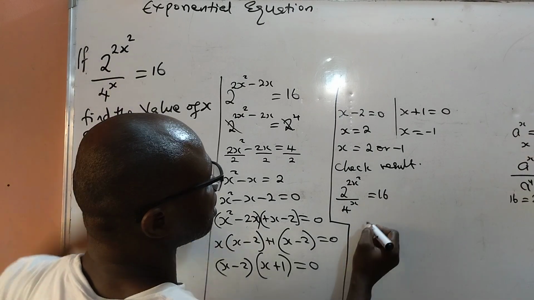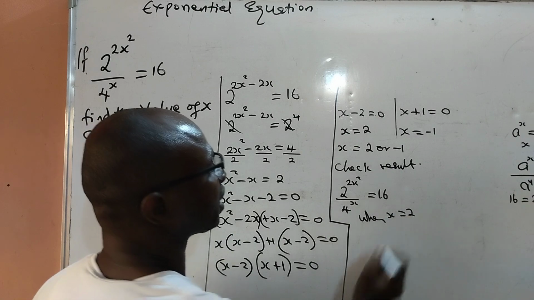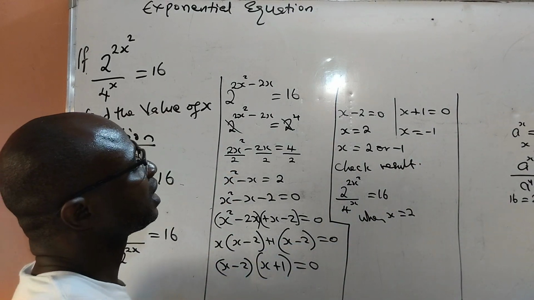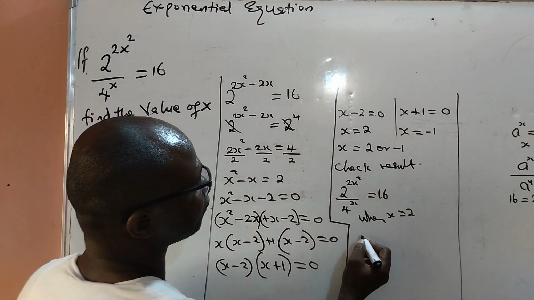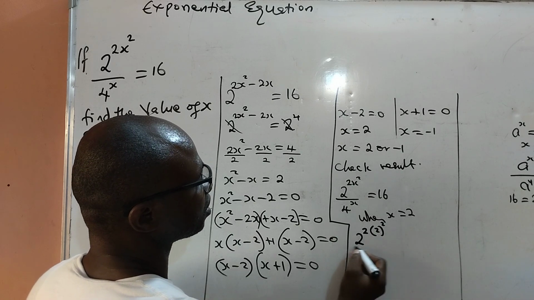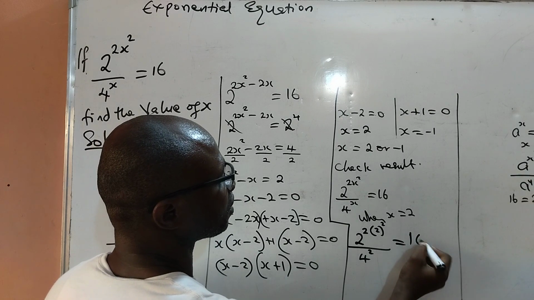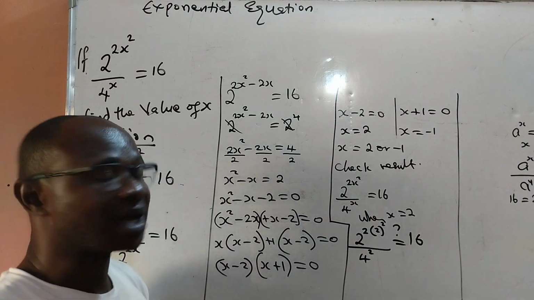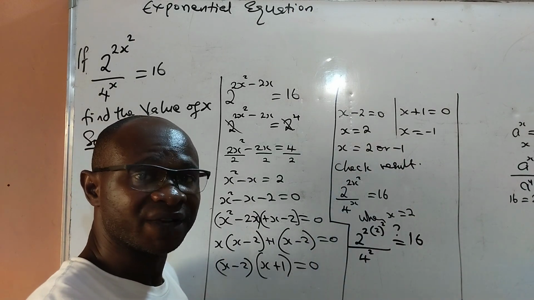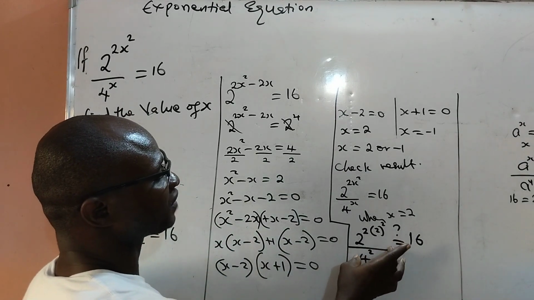x equal to 16. So when x is equal to 2, I want to see if it will give me equal to 16. And that means I will now have 2 raised to power 2 into 2 raised to power 2 divided by 4 raised to power 2 equal to, is it equal to 16? What I have done now is that I have replaced the value of x equal to 2, which is one of the answers I got, into the original question to see if the left hand side will be equal to